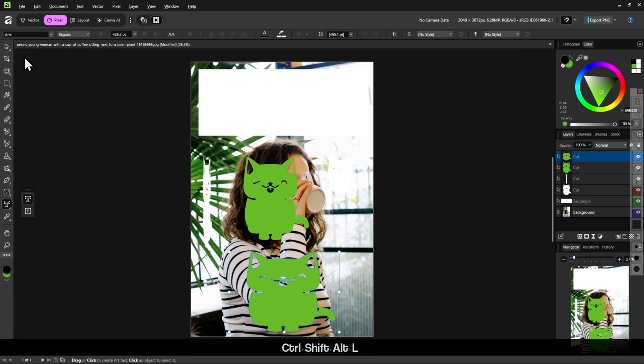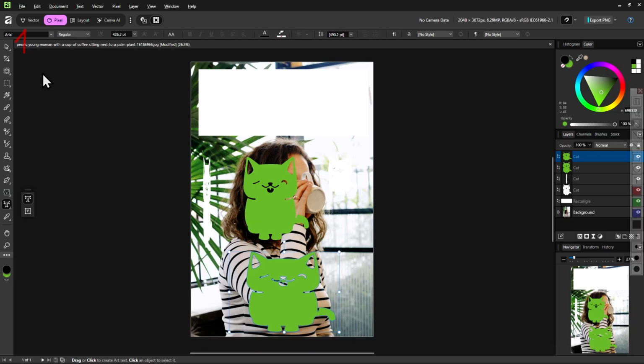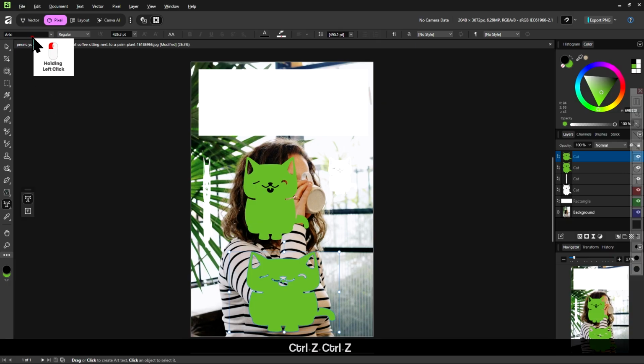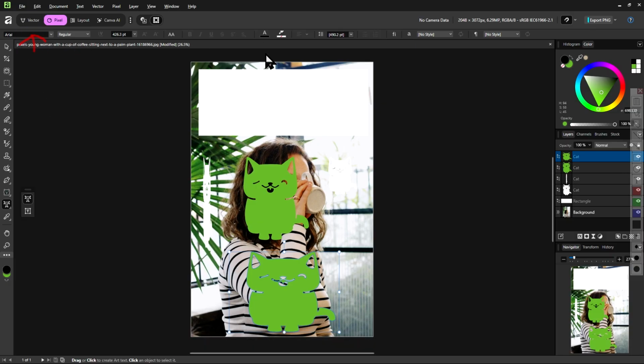For example, the font family here, the font color here, which is black, and so on. The status bar says drag or click to create our text.